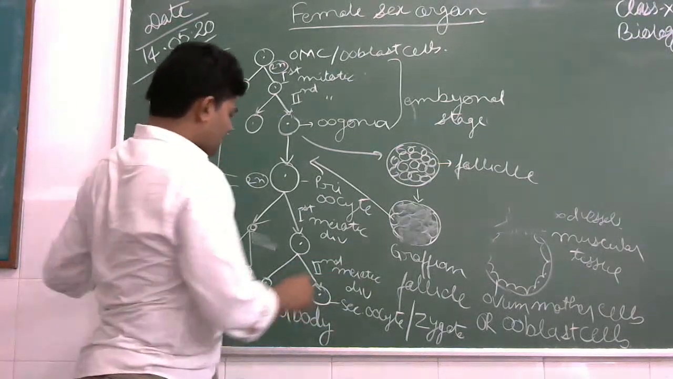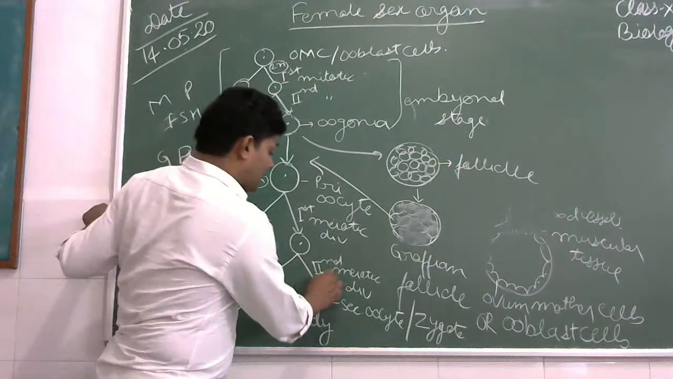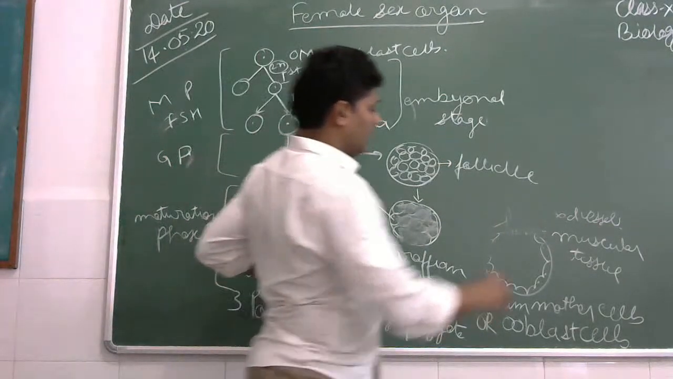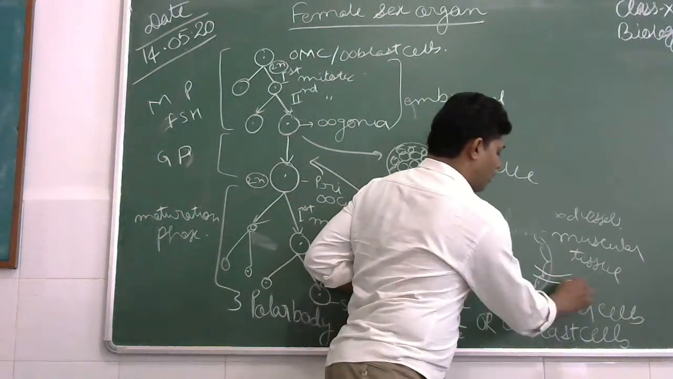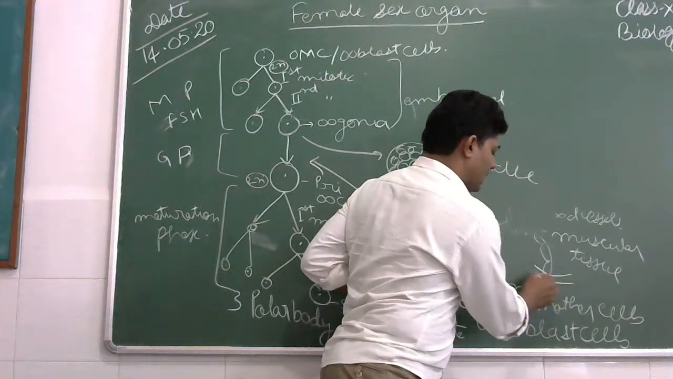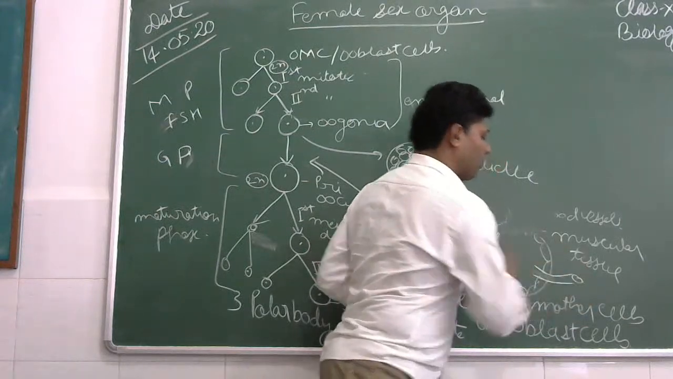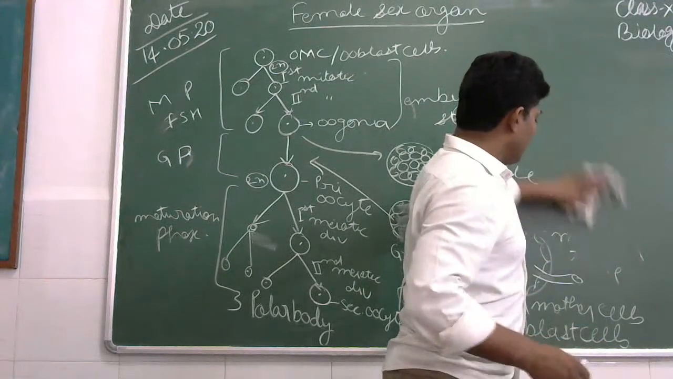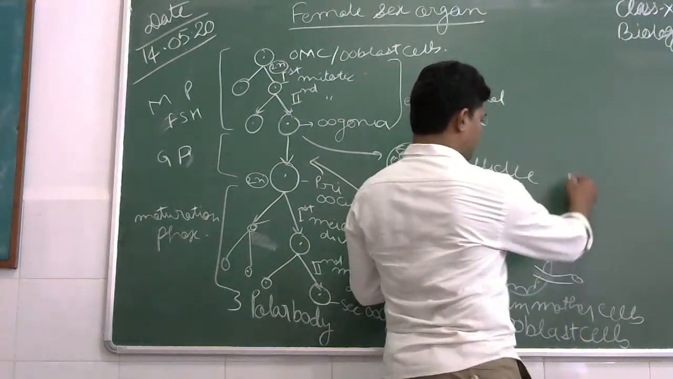What happens during the second meiotic division? This oocyte moves out from the ovary. The ovary ruptures and the oocyte moves out into the fallopian tube. As I make the diagram there,